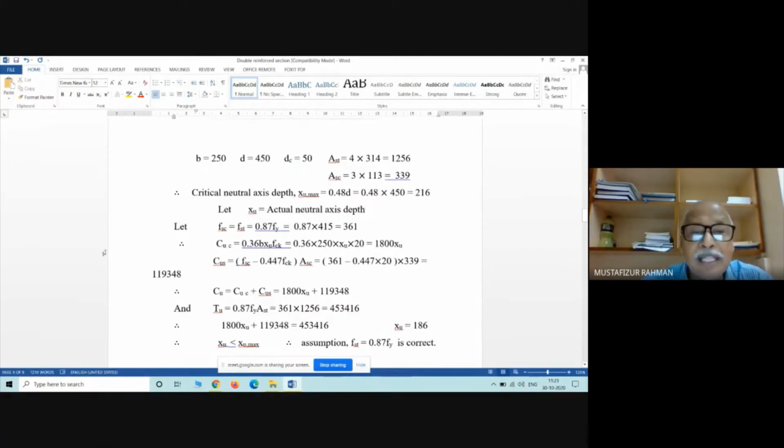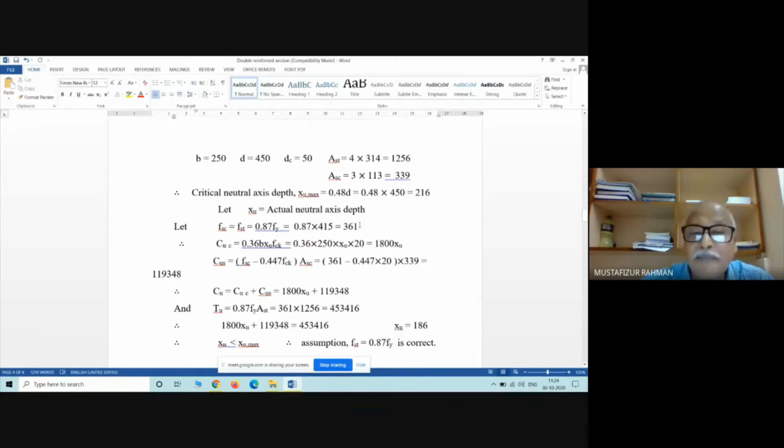Again we are considering that the stress in compression steel and stress in tension steel attain the same value. We had adopted this in our previous calculation also. FST is equal to 0.87 Fy in a singly reinforced section. Now we don't know what the stress in compression steel is. So at the beginning, we assume that the stress in compression steel as well as the stress in tension steel are the same. If not, our continuing solution will give us an indication. So this is 0.87 into